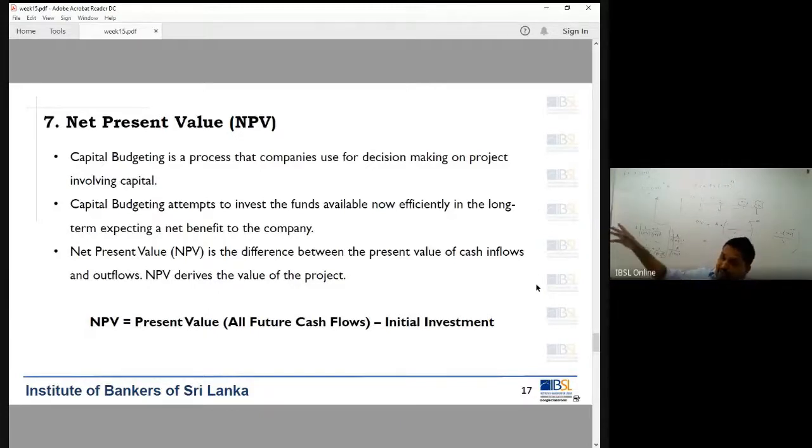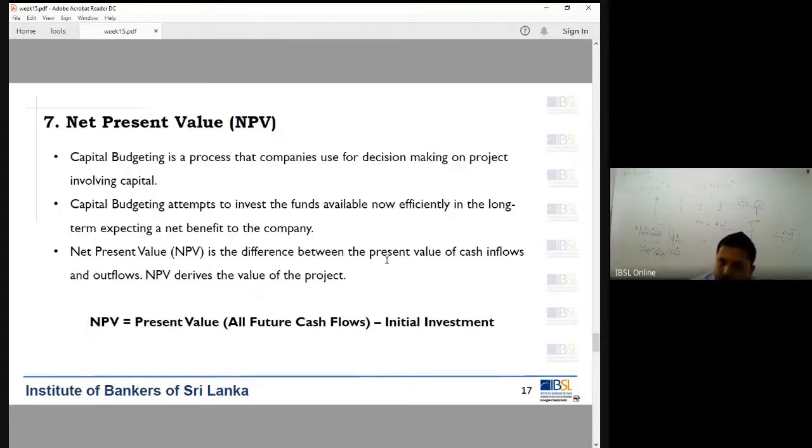When you have the net impact of all these positive and negative cash flows, we convert everything into net present value. That is the difference between your cash flows that are going to be incurred at different points and the initial investment. Okay, we'll discuss the theory a little later. Okay, we'll discuss it now, and then I'll go to the board and show you what I meant by these